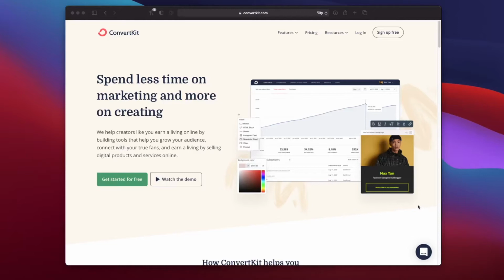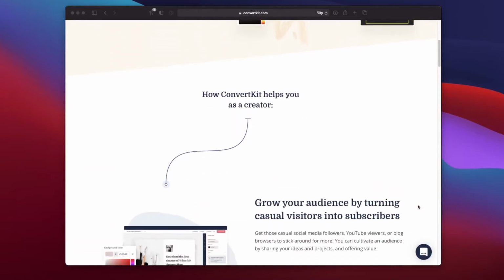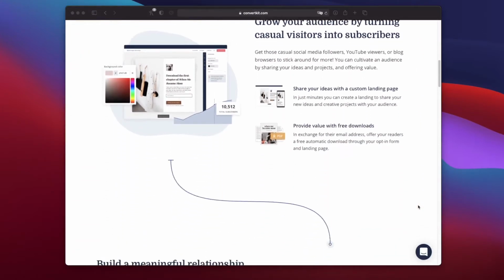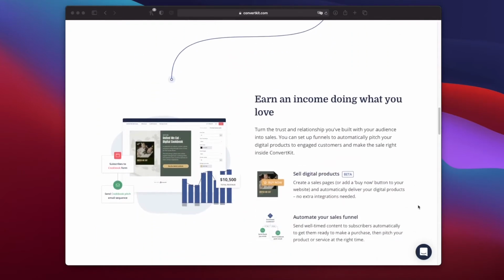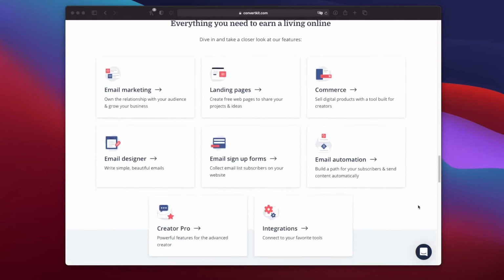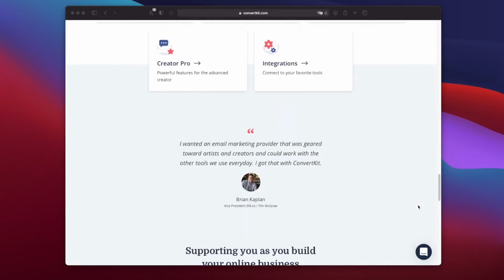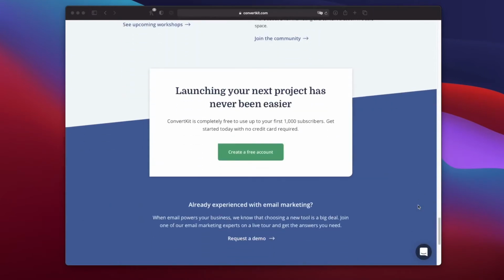Now, it has since then become a lot easier with software as a service products that you can integrate into any website or framework, thankfully. One of the most seamless integrations that I was able to achieve, and with great results, was using a product called ConvertKit. ConvertKit is a complete suite of tools for audience building and retention. Within their list of features, you're able to create and host landing pages for your products or services, build automated email funnels for your subscribers, design incredible email templates from within their editor, and of course, embed email sign-up forms